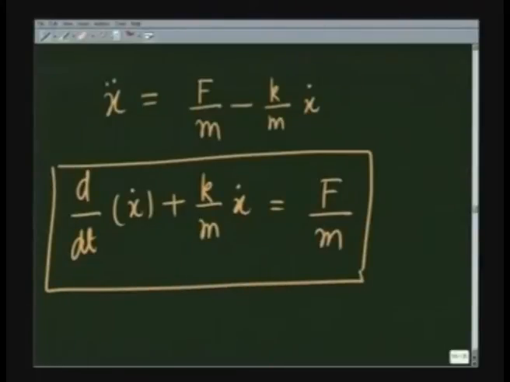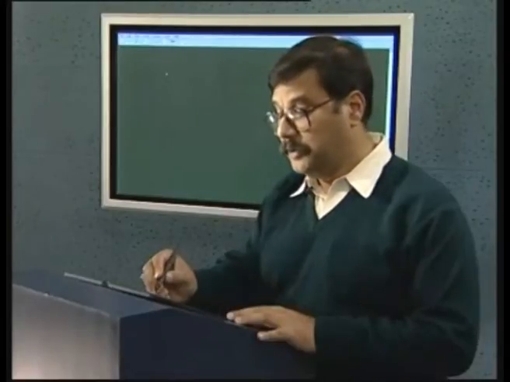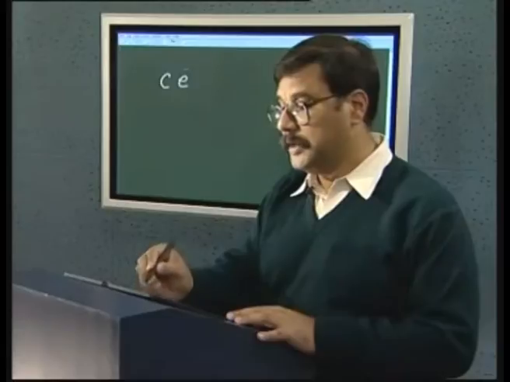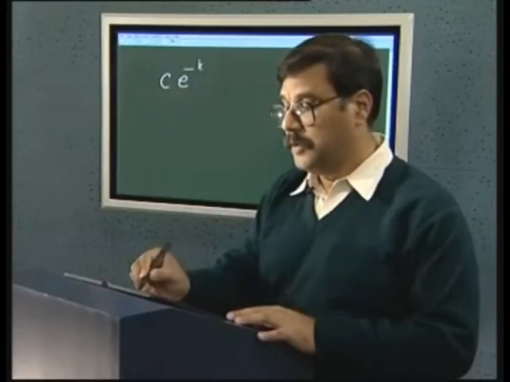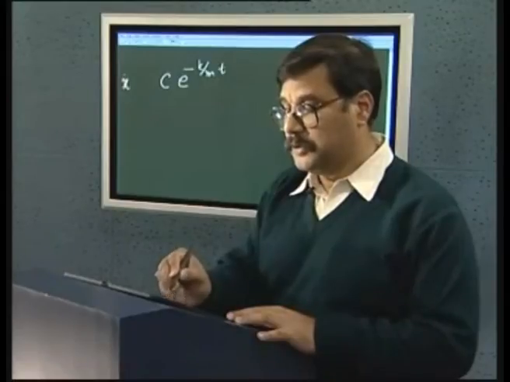Notice I have already solved this problem for F equals 0. That was one-dimensional motion without any force. In such situations where I have one part like this and another part like this, I can write my solution as the previously obtained solution with F equals 0, which was nothing but c e raised to minus k over m t. This was x dot of t,